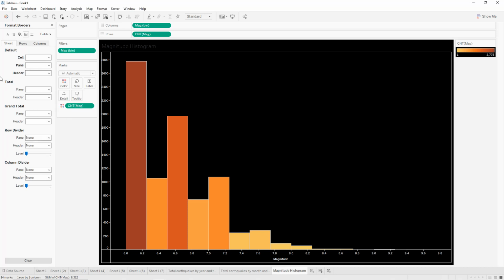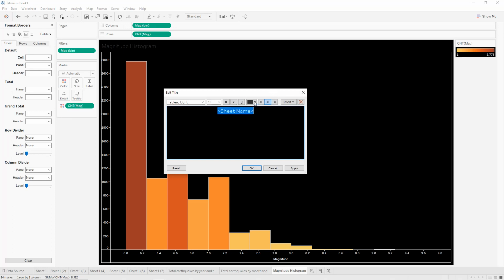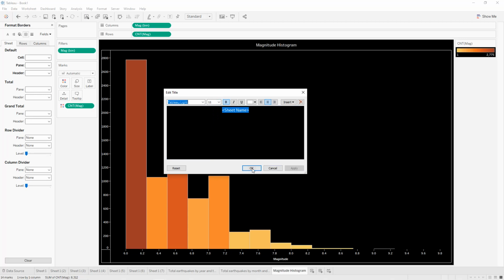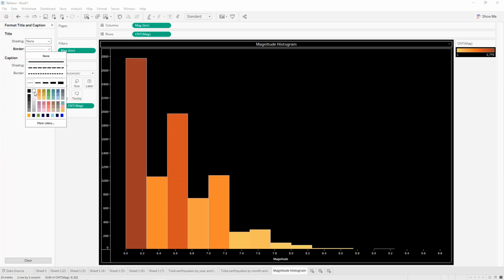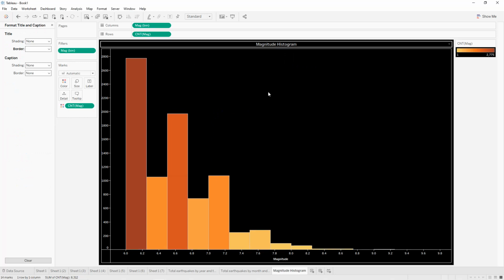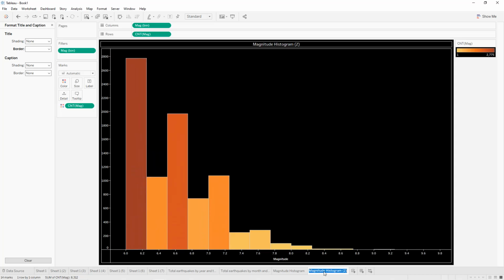okay, like that, and we do the same thing for the title, put it in the middle, white bold and 11, apply, okay, right click, format title, and we add our border. So like that we get the magnitude histogram. Next we'll create depth in kilometers histogram. So you right click on this one, select duplicate, you change its title into depth in kilometers histogram,